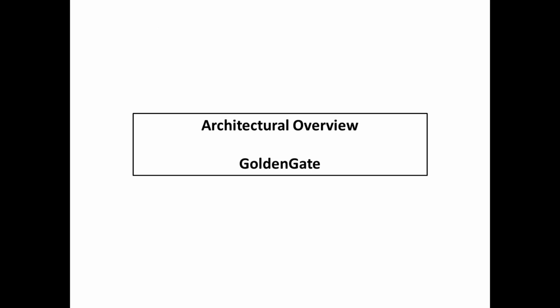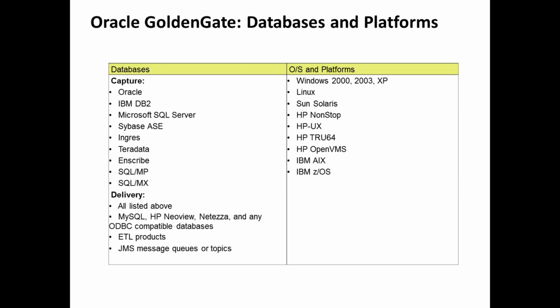Golden Gate is a product which allows you to replicate data between heterogeneous databases and heterogeneous platforms. When we compare to DataGuard, DataGuard works only from Oracle to Oracle, and second, it needs the same platform between source and target. That's not the case with Oracle Golden Gate. Another thing is Golden Gate supports backward and forward compatibility as well. Your source Golden Gate can be 12C and the target can be 19C, or the source can be 19C and the target 12C. Golden Gate works in that scenario as well.